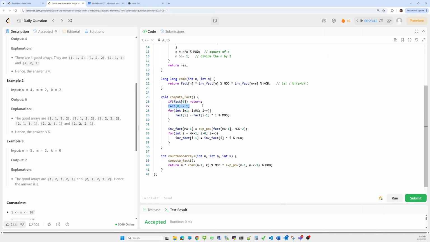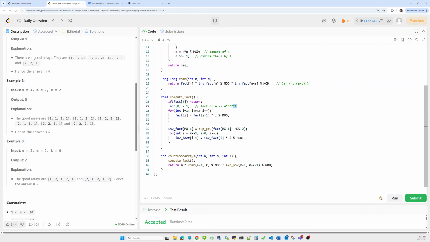What will be the statement for calculating factorial? Let's say factorial of 4 will be 4 times 3 times 2 times 1. So similarly we update our initial value by 1.